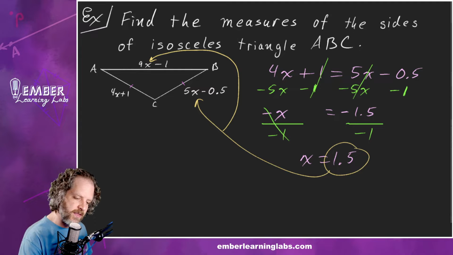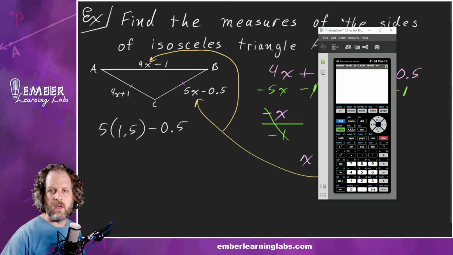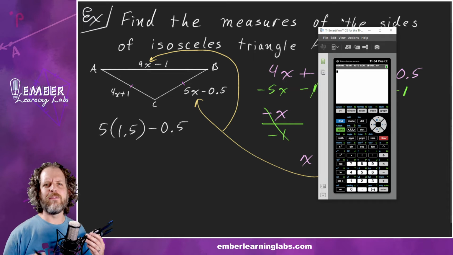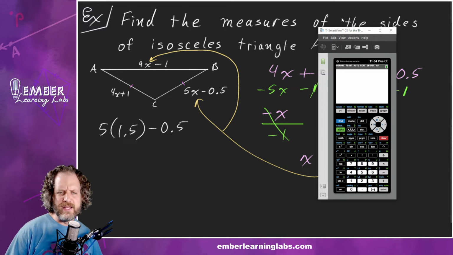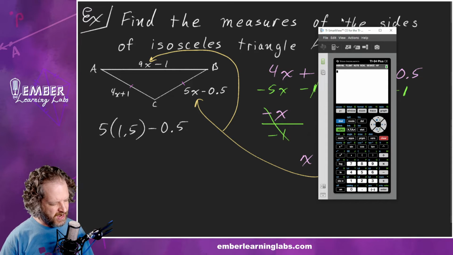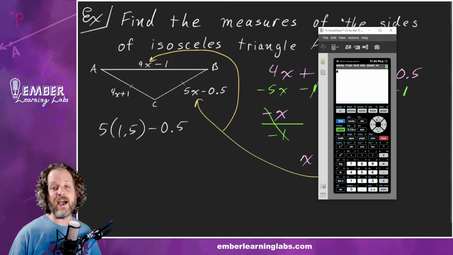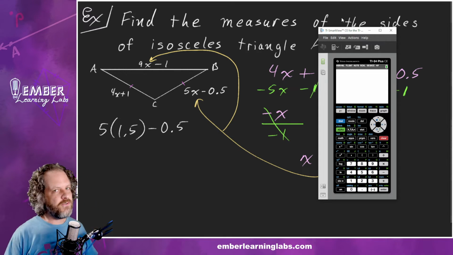So let's plug it in right there. So 5 times 1.5 minus 0.5. So let's do that. 5 times 1.5. I like to pull up a calculator on stuff like this because I want to remind you guys that it is totally fine to, even if you do this in your head and you think 5 times 1 is 5, 5 times a half is 2.5, 5 plus 2.5 is 7.5, and you spit out, okay, this is 7.5. It's okay, even if you do that,